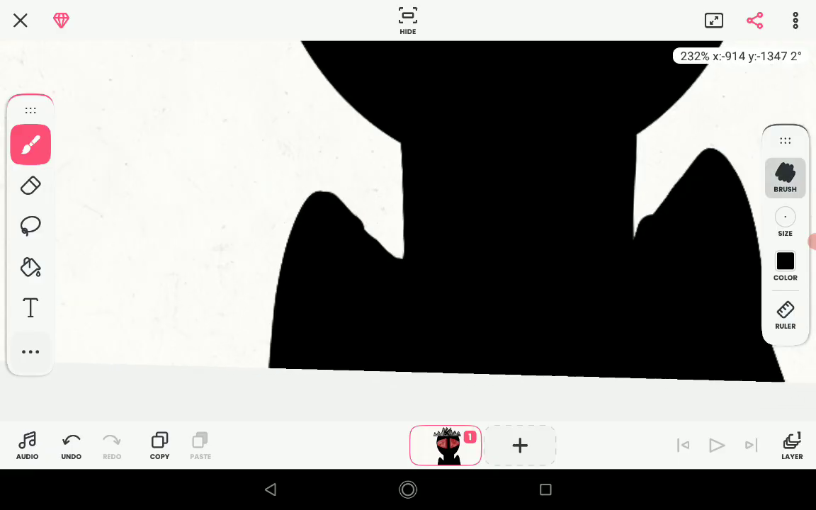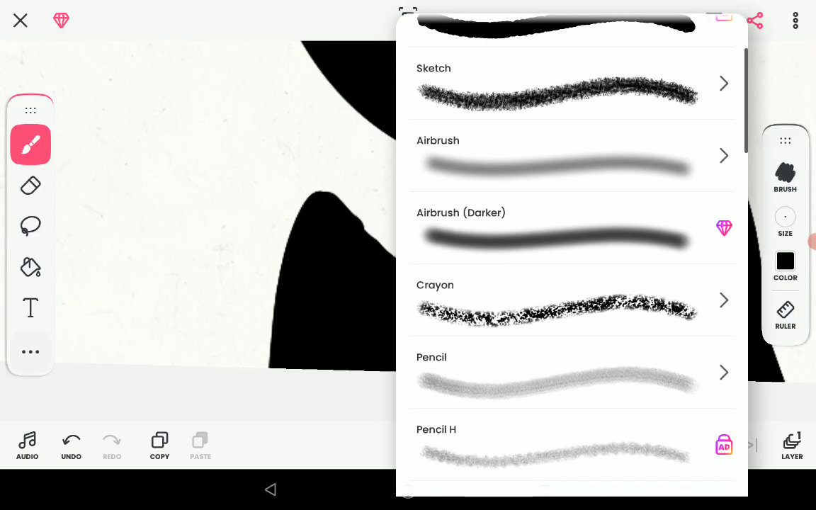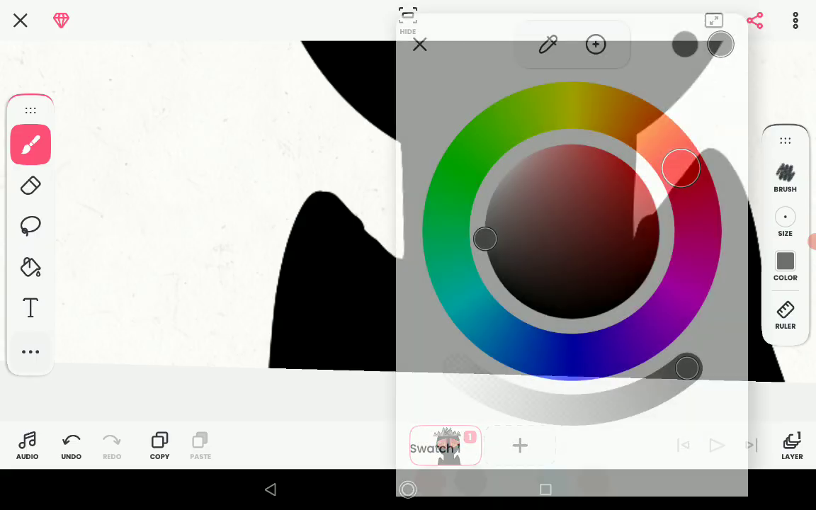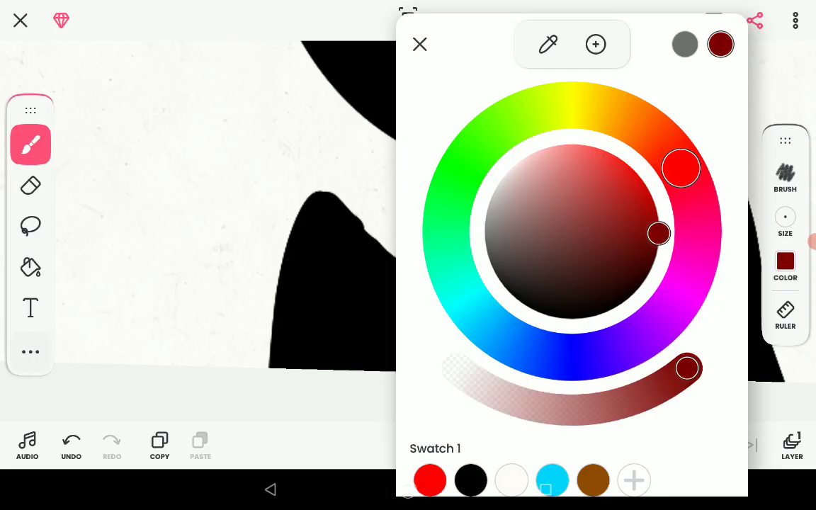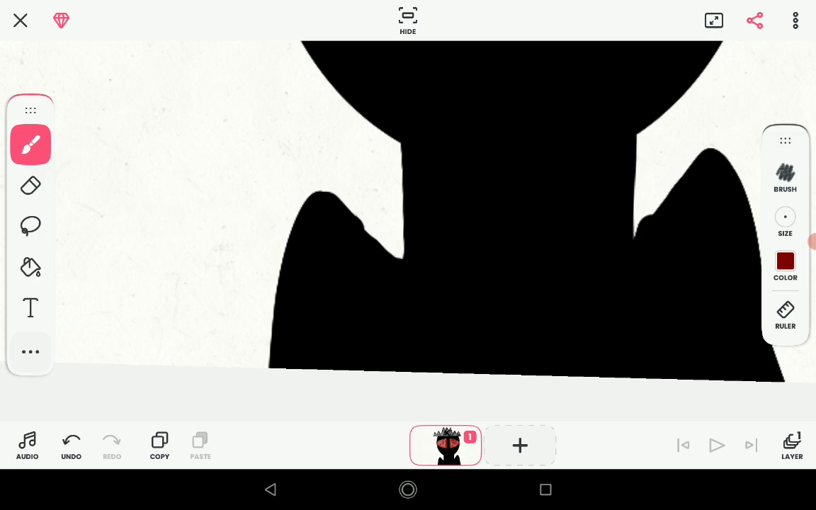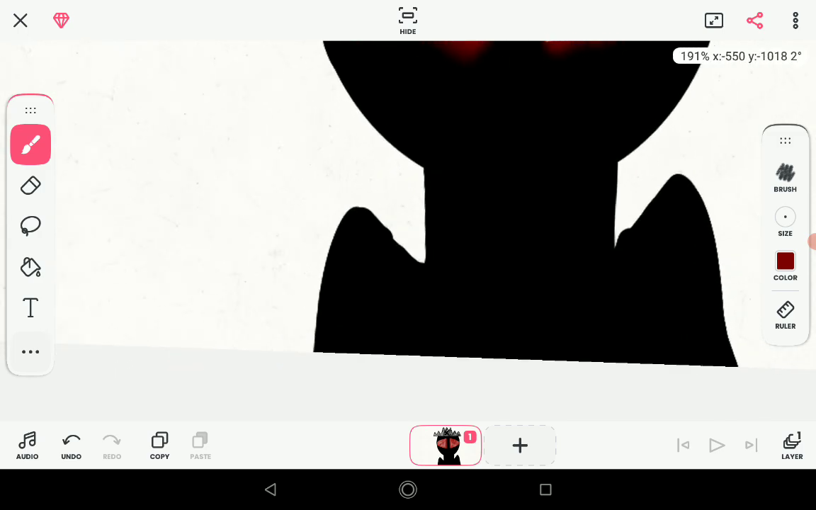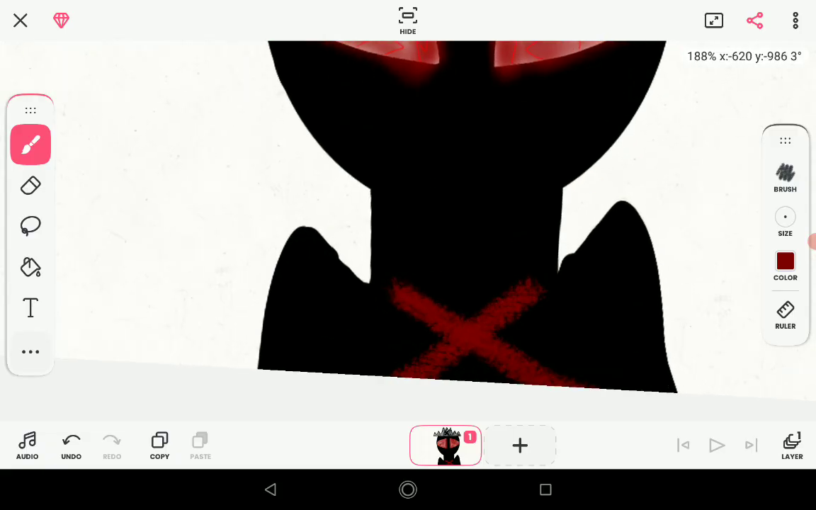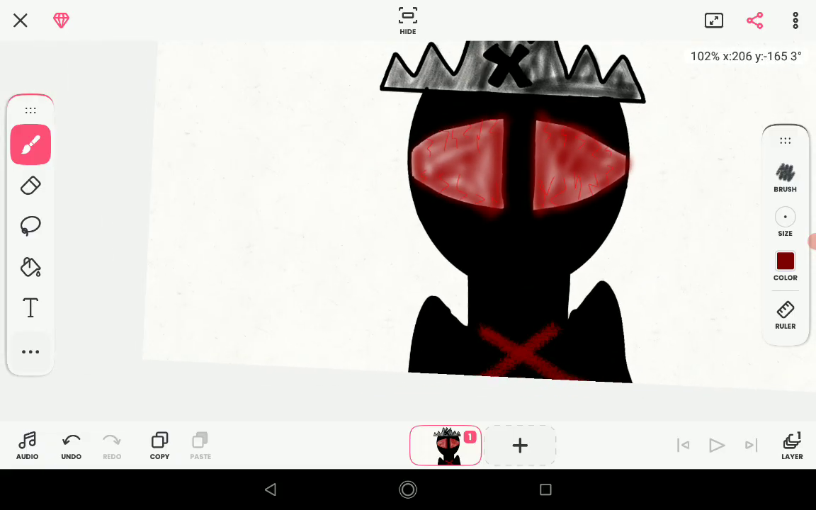Alright, now we're gonna select the brush again. I don't know how many times we'll have to do it again. Now it's going to be this sketch. It's going to be a dark red, like that. And then look at this. Boom! Isn't that cool? The X is kind of small, probably because I made the shoulders too close to each